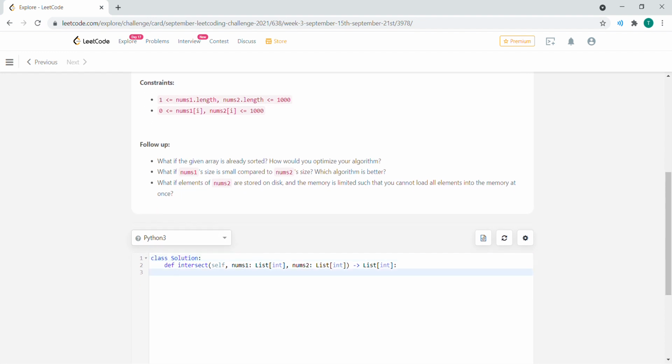Alright, since it's giving us sorting, let's do a sorting type algorithm, and this is more like a bigger explanation of the algorithm. So let's start off by sorting them to make it a little bit easier for ourselves. So nums1.sort, nums2.sort,